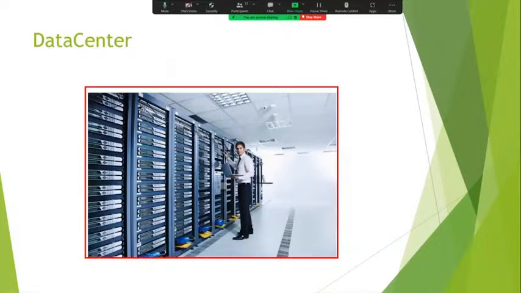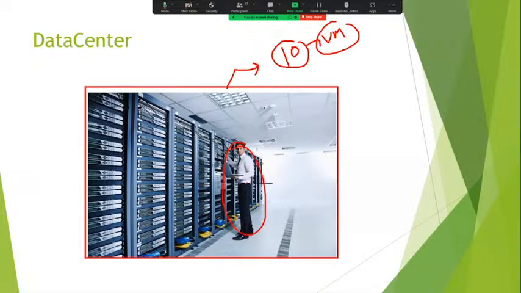For example, we are working in one organization. We got one new project where I would like to build 10 virtual machines. First step, what do we have to do? Submit the request to the data center team. They will verify whether space is available or not.